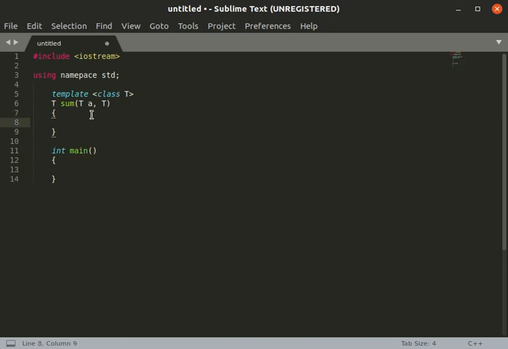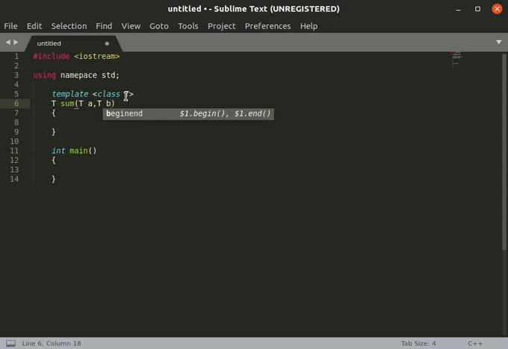Here we have replaced these places with T, with a generic data type.